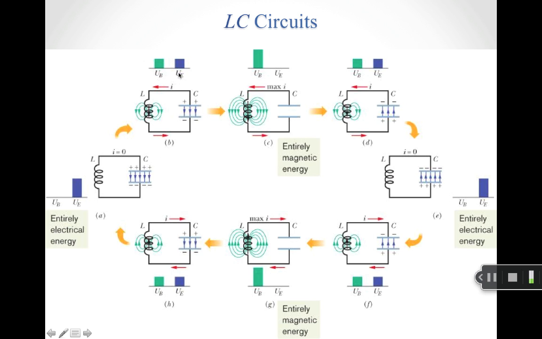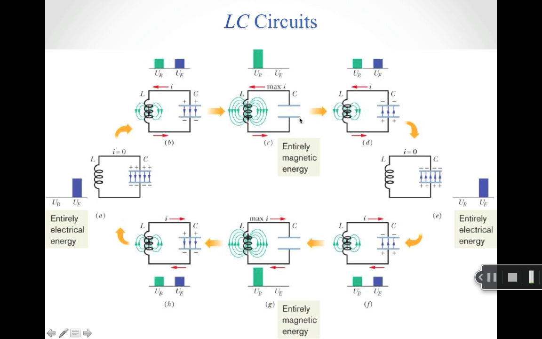So I have some energy in both the electric field and magnetic field, but as the charge continues to bleed off the capacitor, I end up with a situation where there's no charge on the capacitor, so there's no energy left in the electric field, and all of the energy is now stored in the magnetic field. So here I've gone 1/4 of the way through the cycle, and all the energy is in the magnetic field. Well, the current is now flowing, and so it's going to continue to flow,